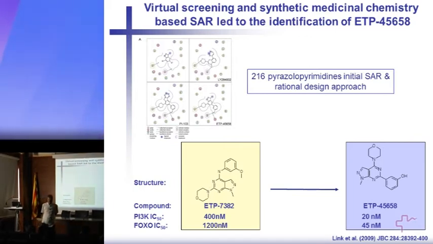This is a good starting point, but nowadays in drug discovery, a good lead compound is expected to have low nanomolar activity. So we had to do some optimization, and we used two different strategies: virtual screening and medicinal chemistry to prepare derivatives. We prepared 216 derivatives, and with this strategy, we ended up with this already very potent compound, which is a